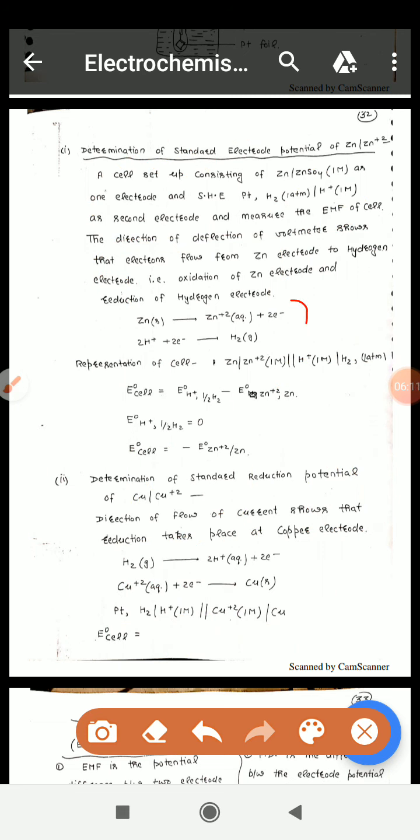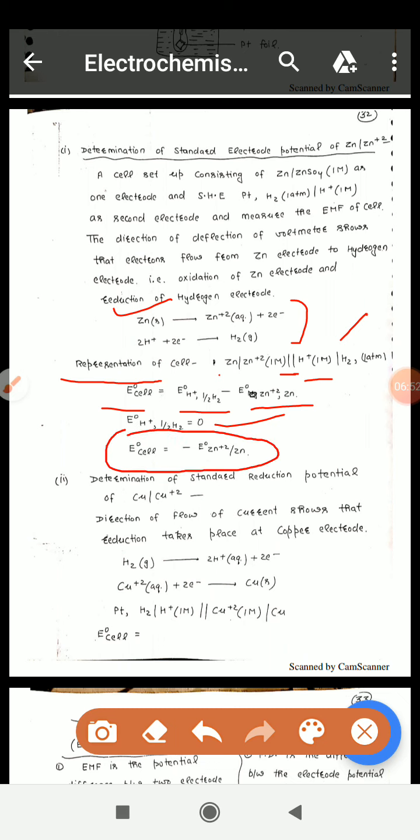Now this is the representation of the cell. The zinc, Zn, slash, Zn²⁺, concentration 1 molar, the salt bridge represented by 2 parallel lines. Then H⁺, slash, H2, 1 atmosphere. E°cell, how can we find E°cell? E°cathode minus E°anode, and these are used as the SRP, standard reduction potential. We already know that the electrode potential of hydrogen is 0, so the complete electrode potential is measured as that of the